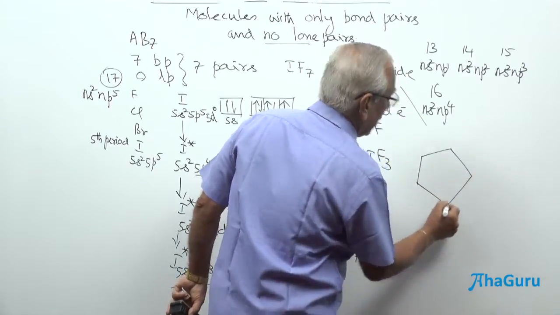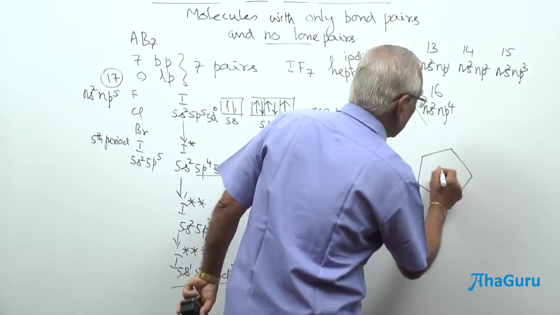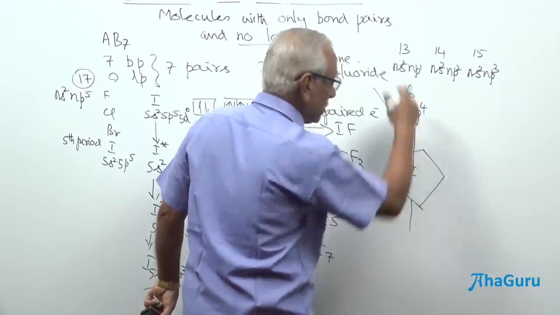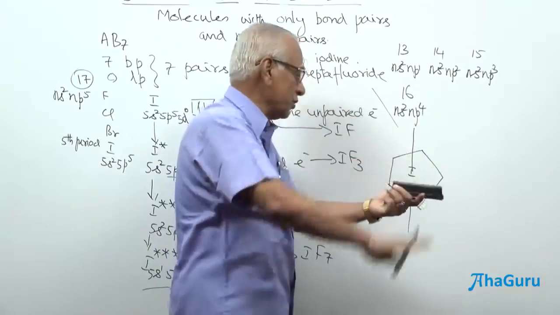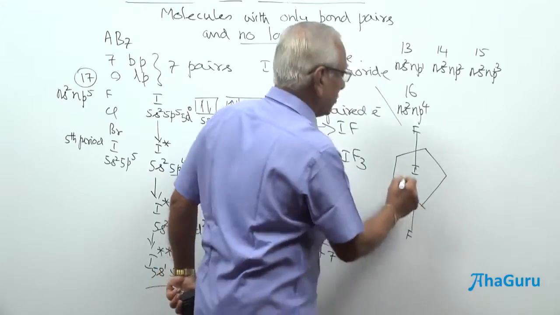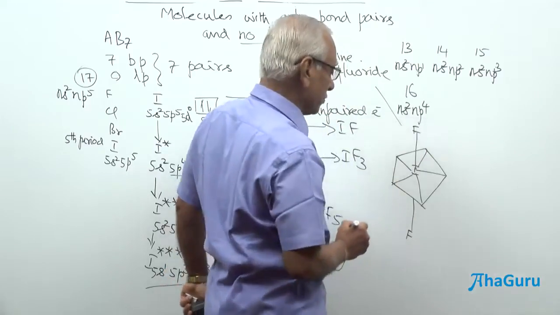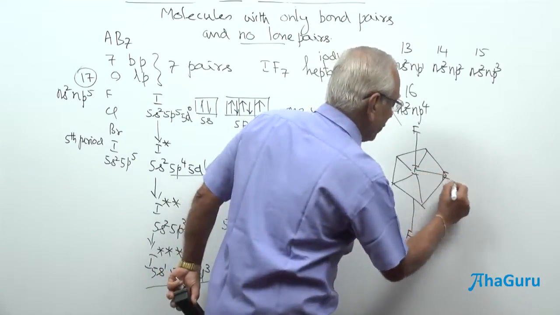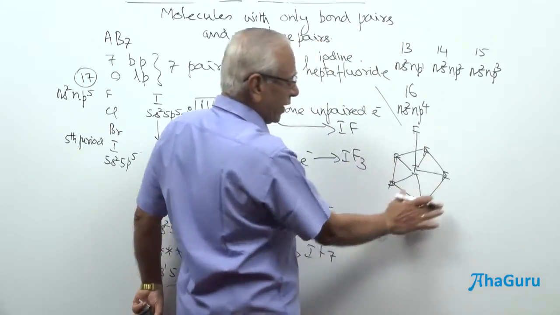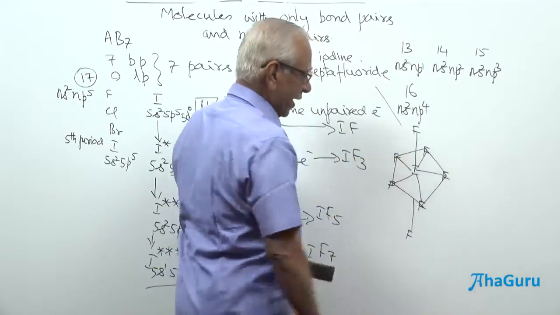What is that I have drawn now? A pentagon, planar. Put iodine in the center. Let me have an axis as usual. This is an axis. This is going to be the plane, and I am going to introduce an axis here, and I have one fluorine attached along the axial bond, and these are called equatorial bonds as usual, as I told you in the case of PCl5. So, second fluorine, yet another fluorine, fluorine, fluorine. So, there are 5 fluorine atoms along the plane in the pentagon, and one fluorine down. This is an axial bond.